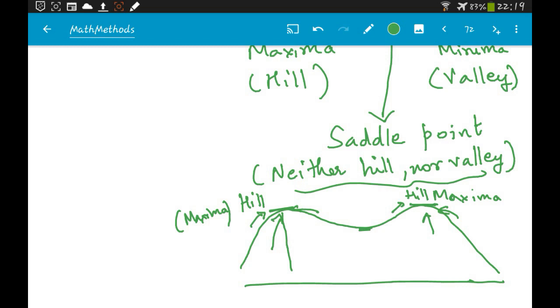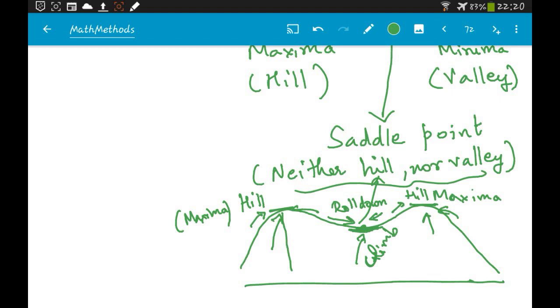that's it. But over here, if you look at this point, right? If you look at this point, if you go from here, you have to climb up, right? You have to climb. But if you go from here, you have to roll down. Okay. So basically what this shows is, from this side it is like a hill, but from the other side, from the other direction, it is a valley. Right, so this point is nothing but your saddle point. Okay, this is what we mean by saddle point.